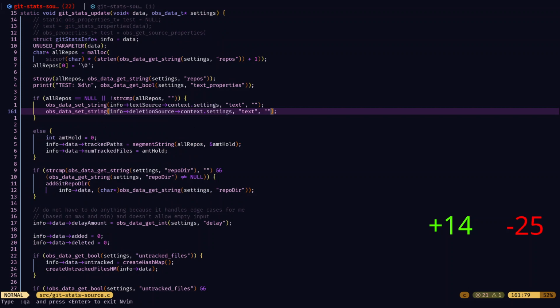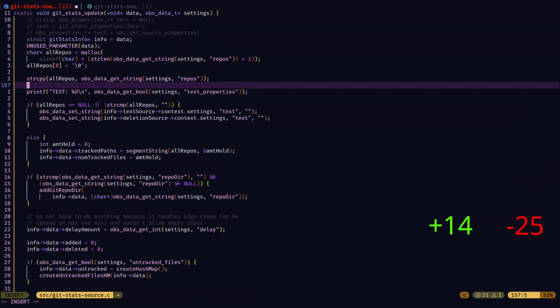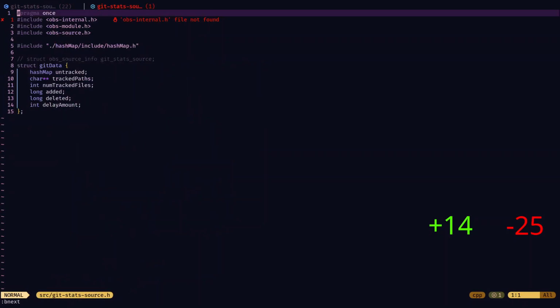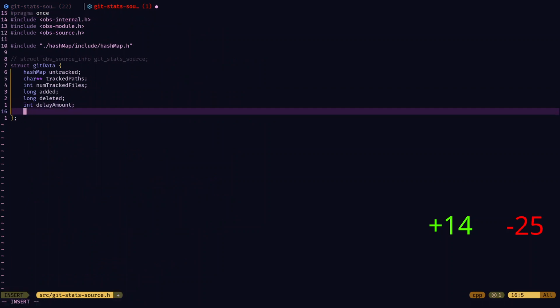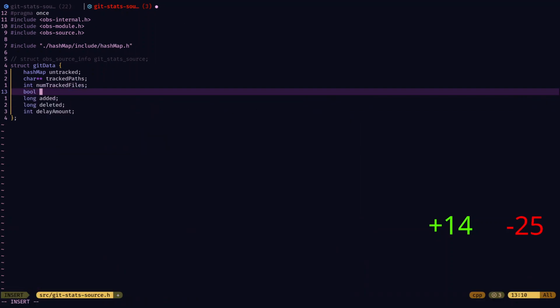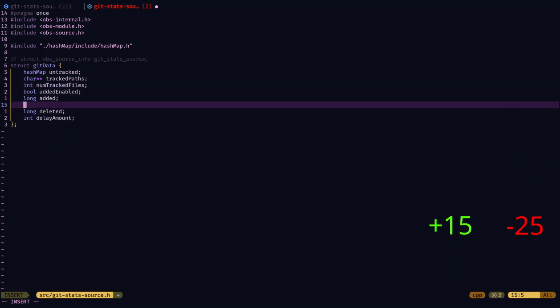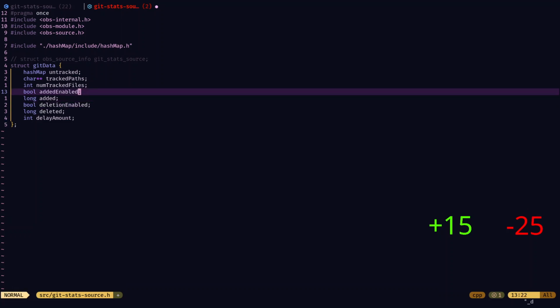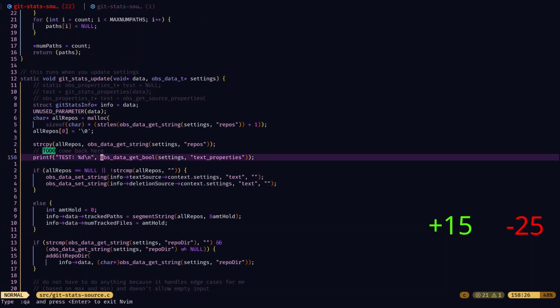Just need to be checked for. So what we can do is come over here and have bool insertion enabled, and then bool deletion enabled. Let me be consistent with this though. Insertion enabled, right? And then